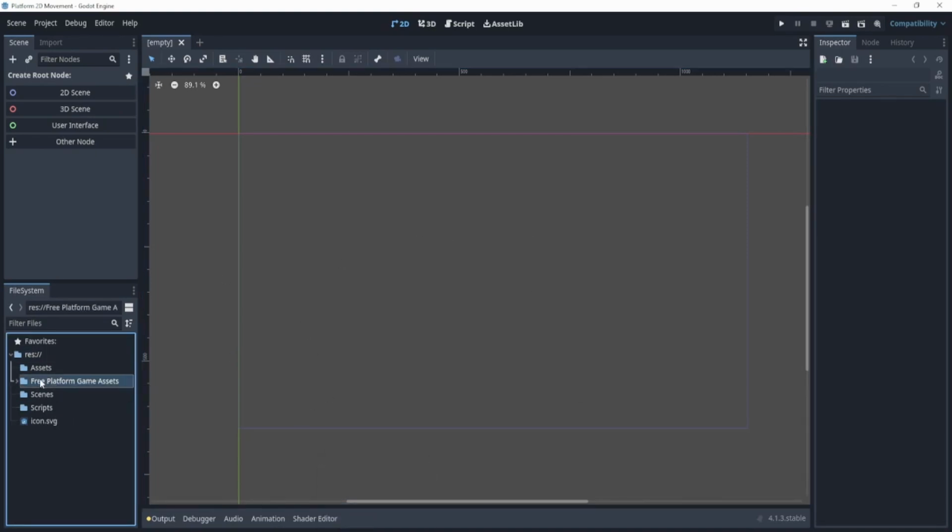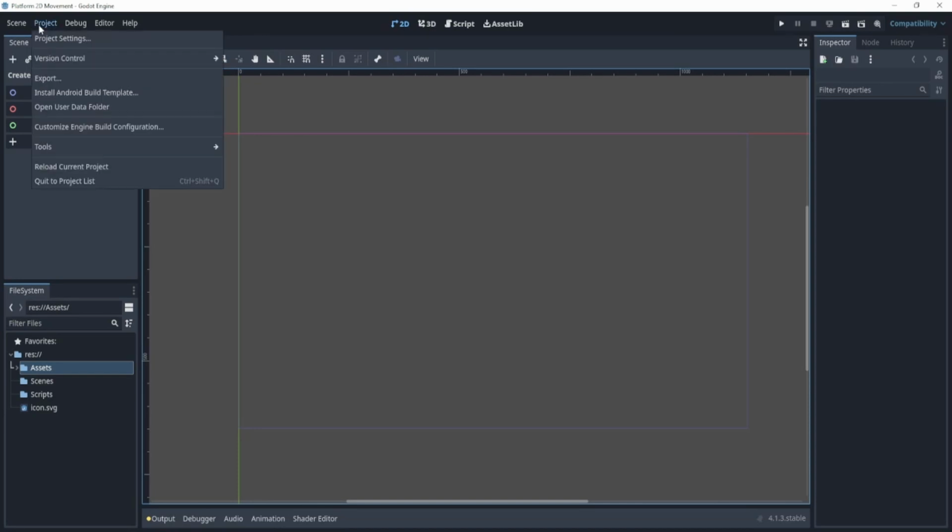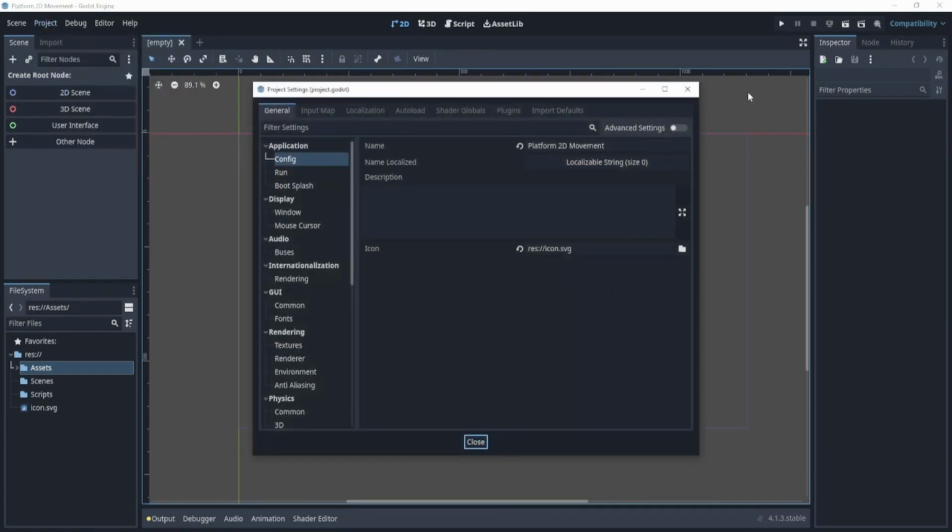So I'm going to take this asset folder and drop it in my assets. There we go. And I'm going to open up my project settings to make sure I get everything right. Now we haven't created anything yet, and that's okay. What we're going to do is go to the top left, click project settings, and this panel should open up. Now from here, we can rename our game or the actual Godot project,